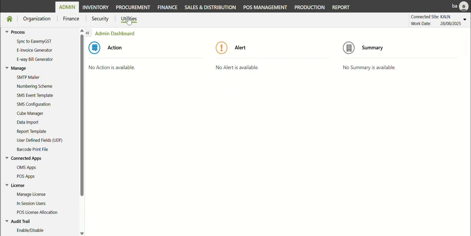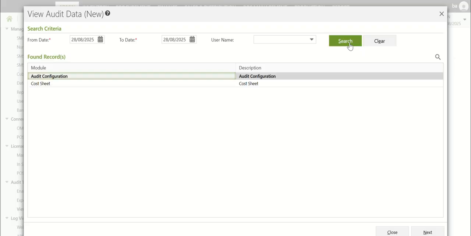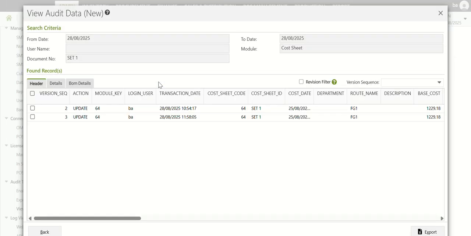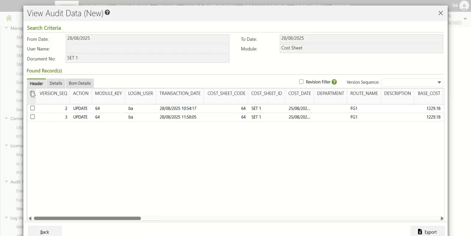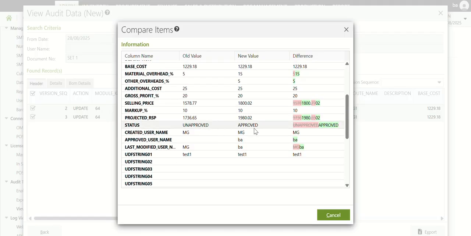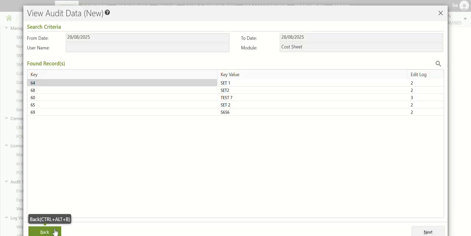We have also introduced an audit trail for cost sheet. Let's see that. It reflects each and every change made in the cost sheet, ensuring full transparency with timestamps. Here, you'll notice two rows for this cost sheet, one reflecting the revert action and the other showing the modification and approval. You can compare these rows to see which values were updated. This works similar to the audit trail in other forms, so we won't go into further detail here.